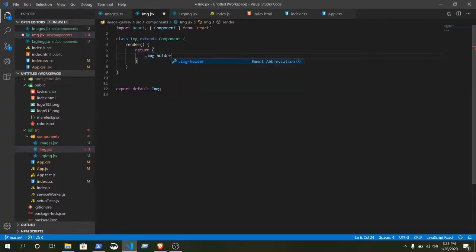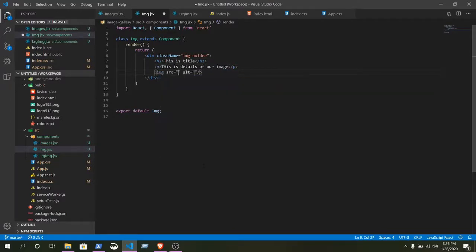Make sure this class name is the same as mine, because we are not going to write our CSS code manually. I'll send you the CSS code. You just need to copy and paste, because this is not a CSS tutorial series. This is React. Okay, inside this root div we'll have a few more things,